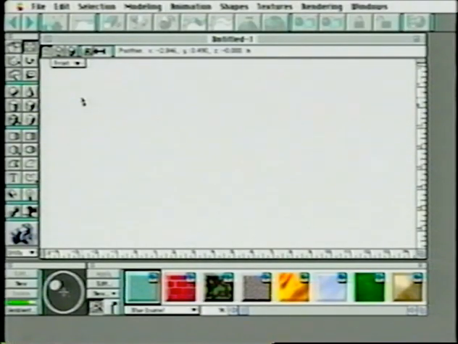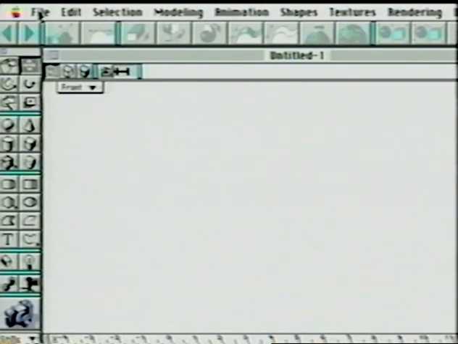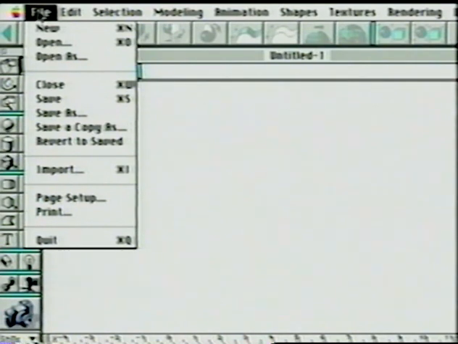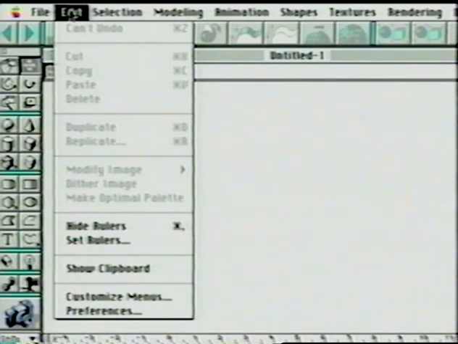First, let's look at the menu bar. As we go across the top of the screen, we'll see the standard distribution of menus across that bar. The File menu, which has the standard document management commands, as well as the Quit command at the bottom. The Edit menu: copy, cut, and paste, of course, duplicate, replicate, and at the bottom of this menu is a